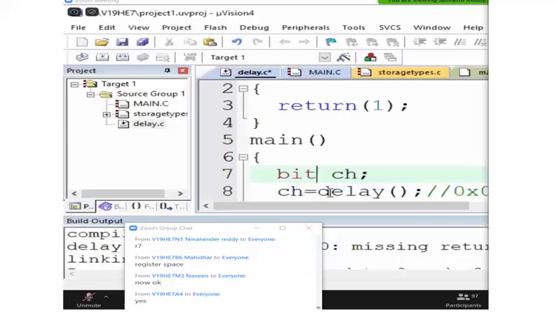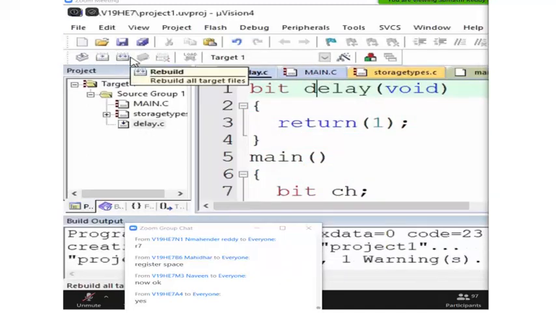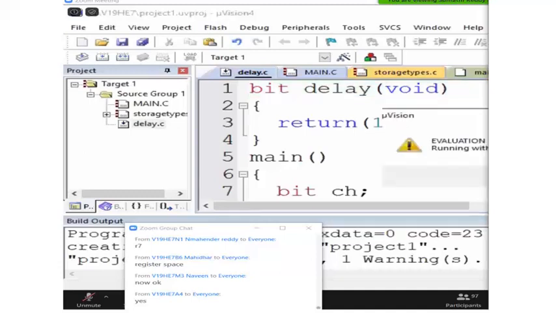What I'm doing here, see, I'm returning 1. Even you can return 0 if you want. The return type is bit.